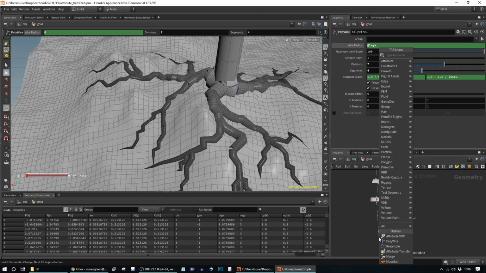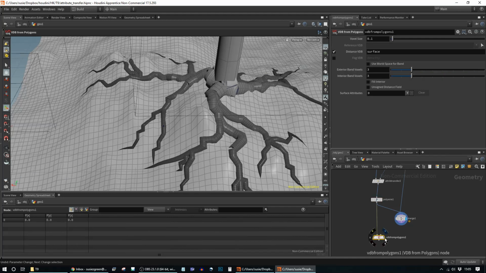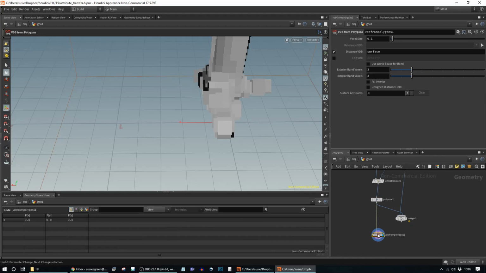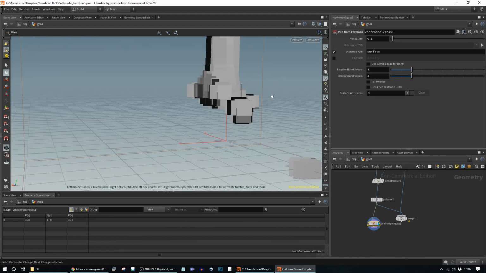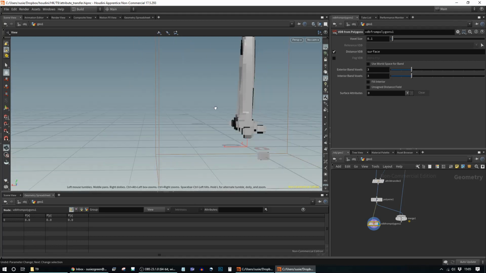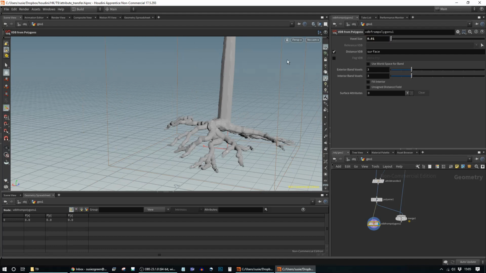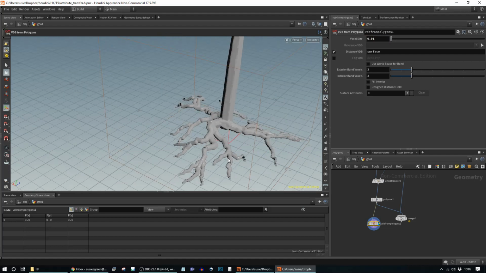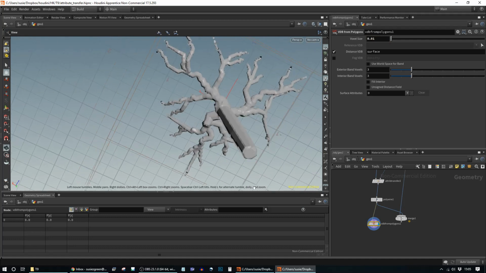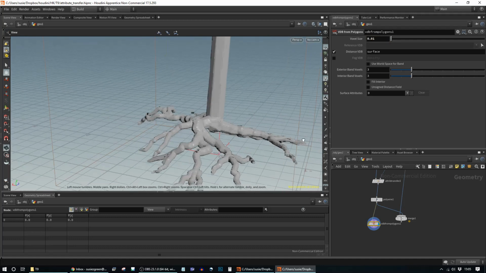We want to create a VDB from polygons. VDB is a sophisticated type of volume that doesn't draw every voxel in the interior, so it's a bit lighter and it's a bit more clever than a standard voxel. So here you can see we've created some fairly big chunky points for our voxels, and I'm going to make these much smaller. Now the smaller ones are outlining the ends of the roots quite nicely. You can see it looks a lot more